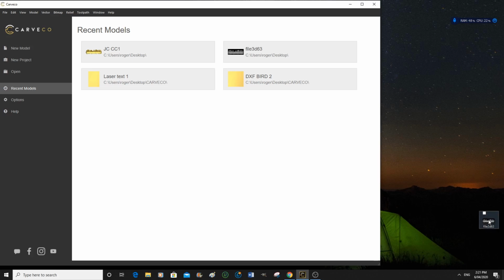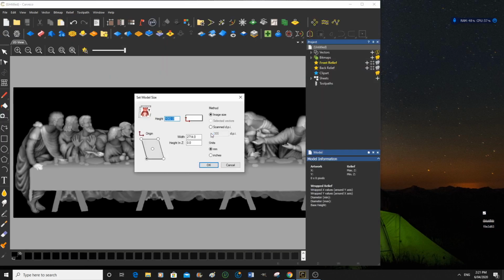So we're simply just going to drag and drop 3D or grayscale straight into Carveco. And what we're going to do first is raise the resolution to 2000 dpi, dots per inch, high resolution. Then we are going to alter the size, and in our case I need this to be 170 millimeters in height,